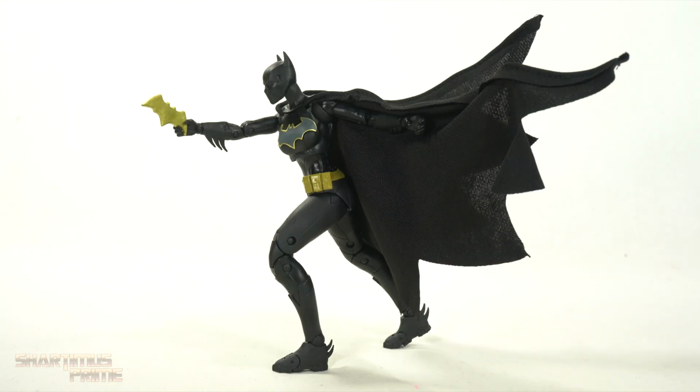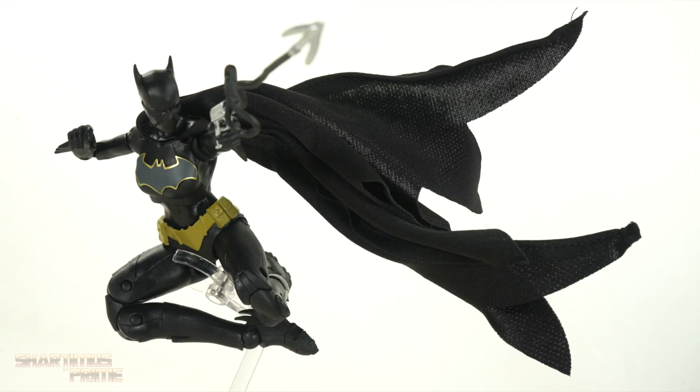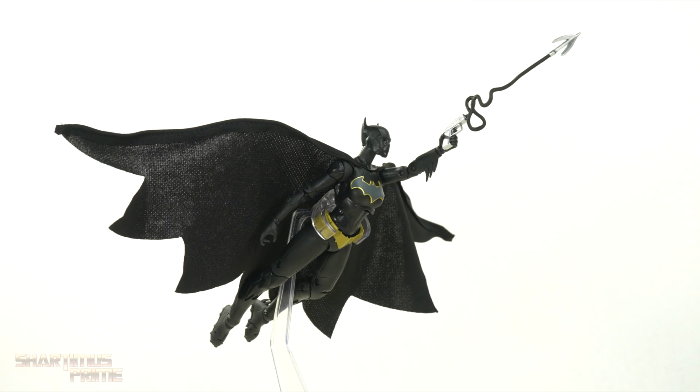You know, if I saw it on the shelf, just due to me not being familiar with the character, I'm not sure I would grab it, but it is a fun piece, and if you are familiar with the character, I'm sure you're going to enjoy it. And regardless, at the price point of around 20 to 25 bucks, I'm going to give this Cassandra Cain Batgirl figure a Sud rating of...